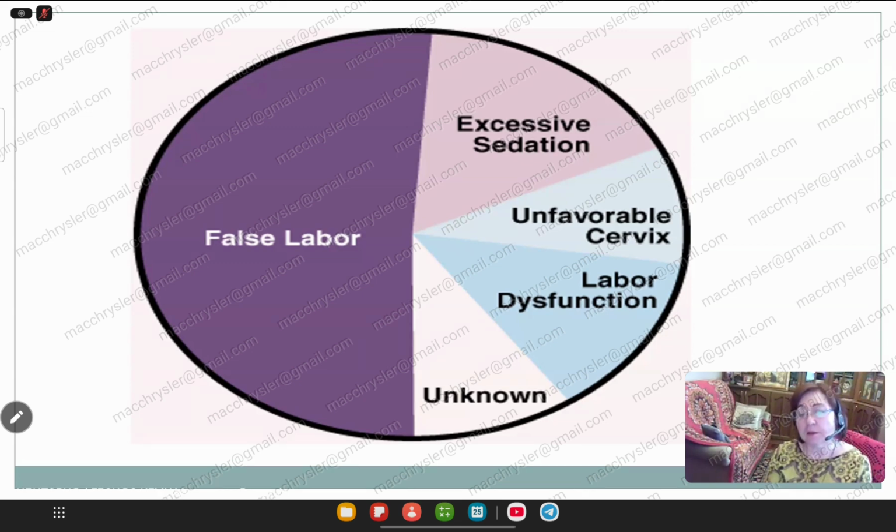Second, it's an unfavorable cervix, and if the doctor wants to finish the pregnancy artificially, start labor earlier, but the cervix is still unfavorable, it's not a good result. In 90% we will get abnormal uterine contractions if the doctor, for example, performs artificial rupture of membranes and initiates contractions